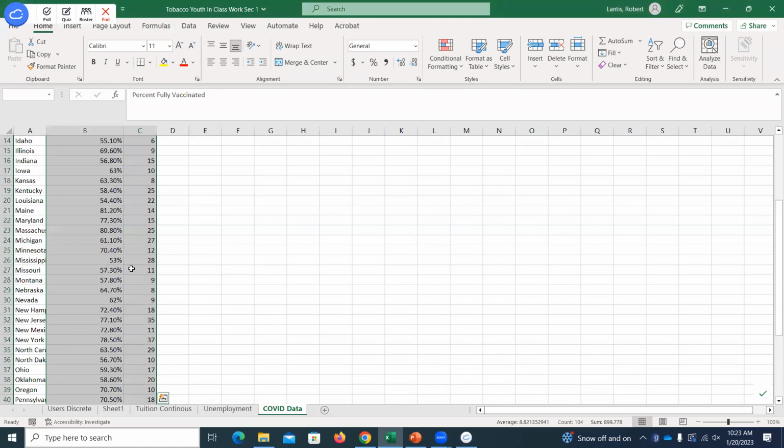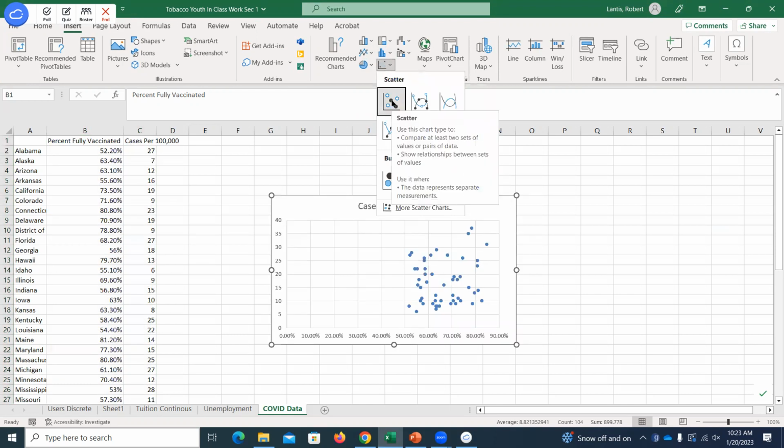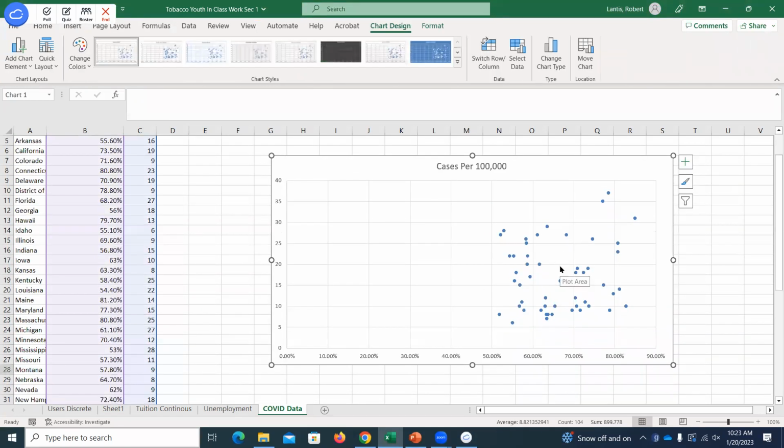I've just selected those two columns of data. I'll then go to Insert, and there's this option here, which is a scatter or bubble chart. But we just want a scatter plot, right? So the very first one. And that's basically the graph that I was just showing you in the slides, right? It's that easy to create these scatter plots.